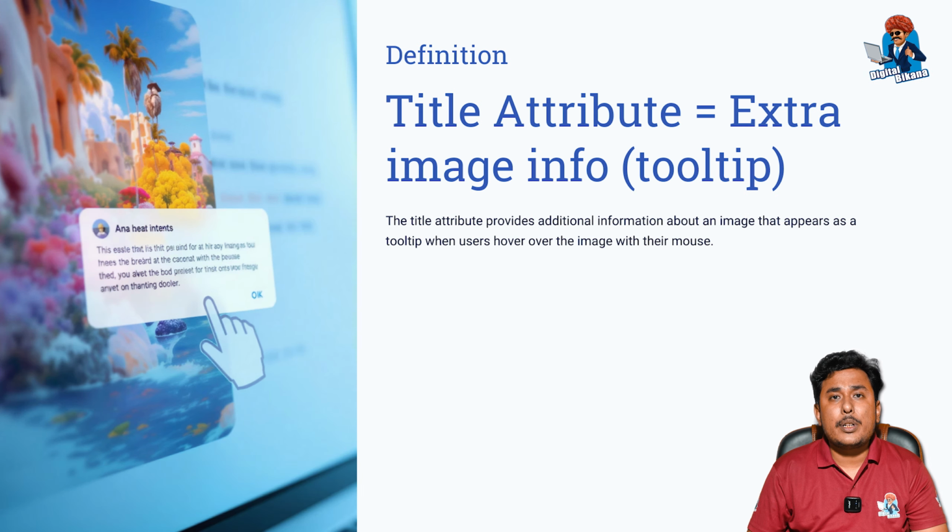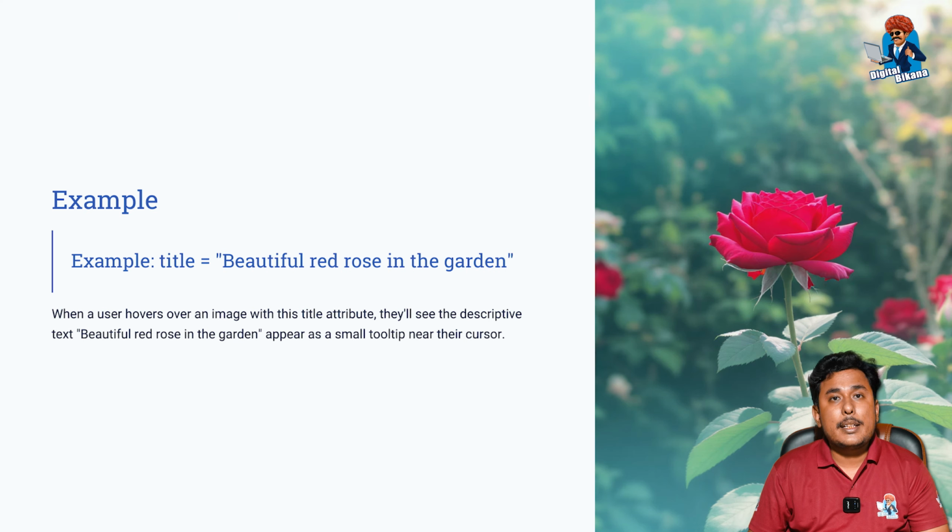The title attribute is an optional HTML attribute used in an image tag. It provides additional information about the images and usually appears as a tooltip when a user hovers over the image. Here is an example. The alt text describes the image, while the title attribute adds more context that appears as